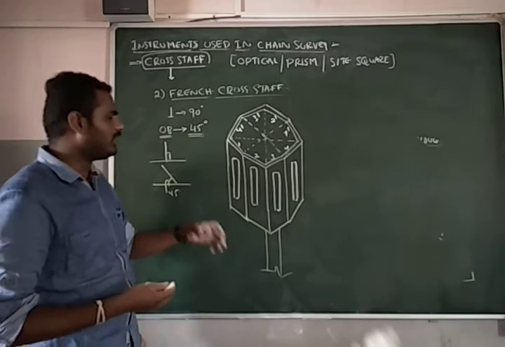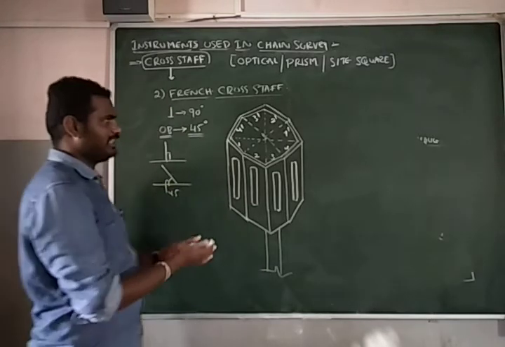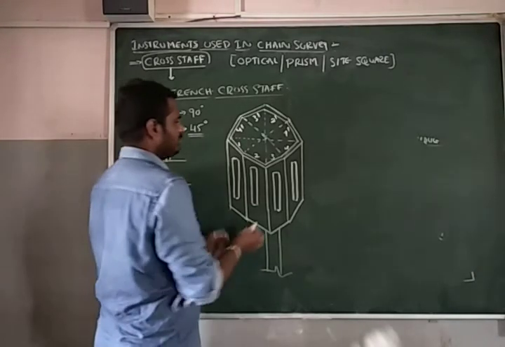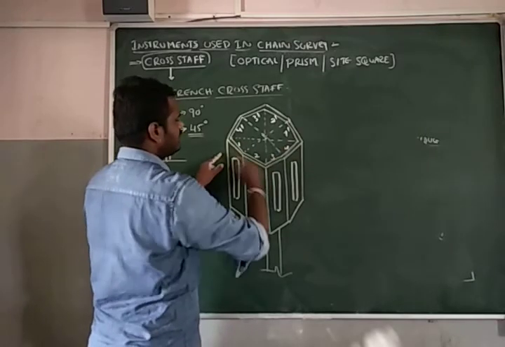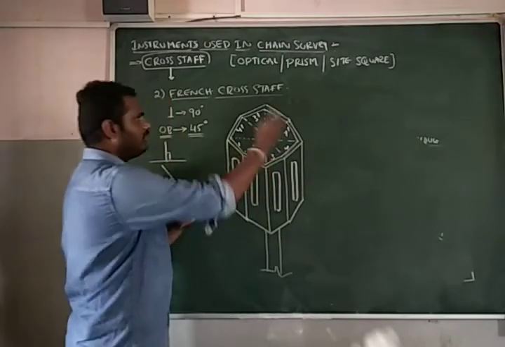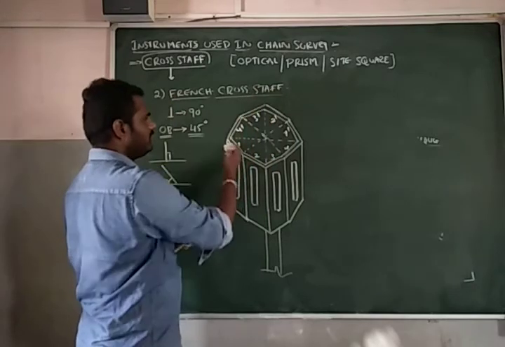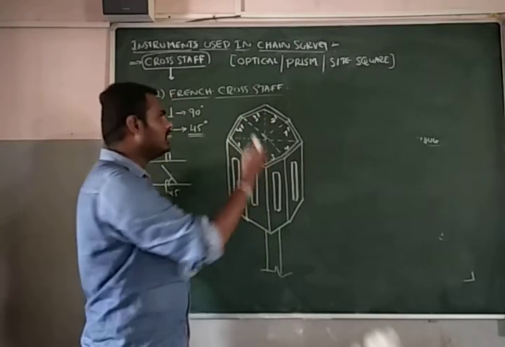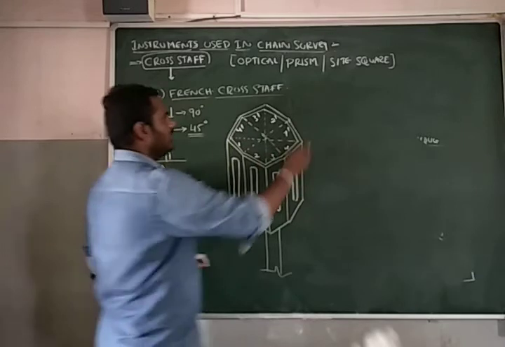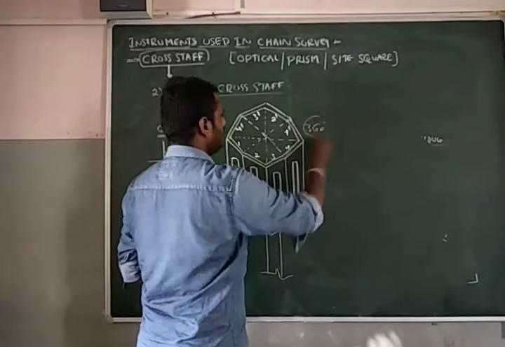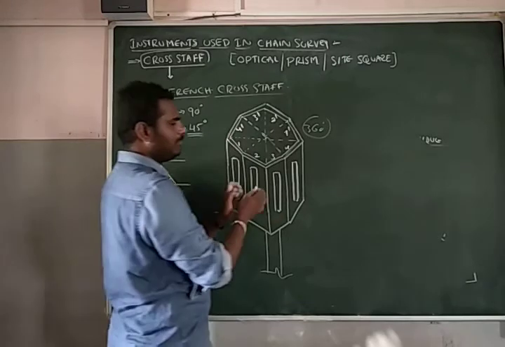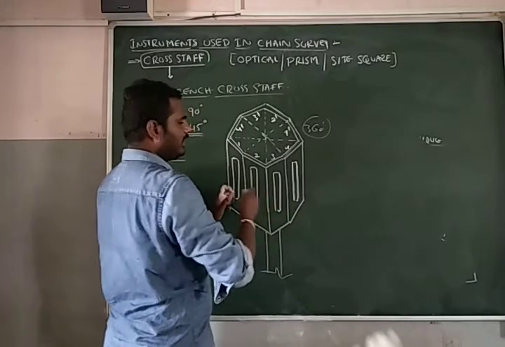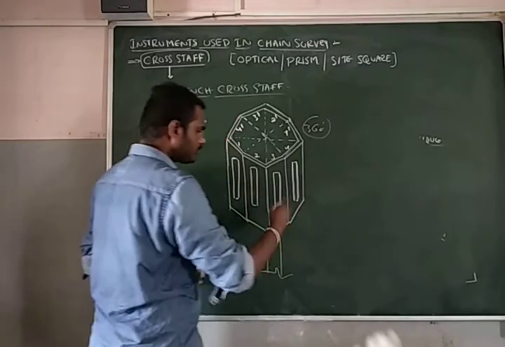Otherwise, you can also erect a 45 degrees one. 45 degrees means by looking at one another. Since there are 8 faces, they are having 45 degrees, 45, 45, 45, 45. Each face contains 45 degrees. Therefore, finally you will get 360 degrees for a complete rotation. So this is how it works to set out a perpendicular or to set out a 45 degrees from